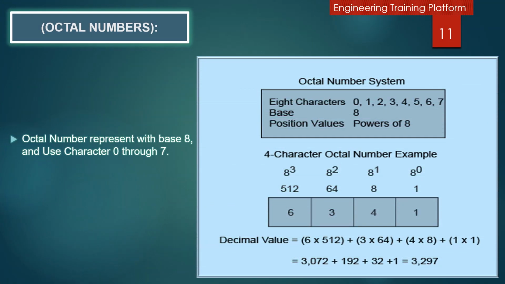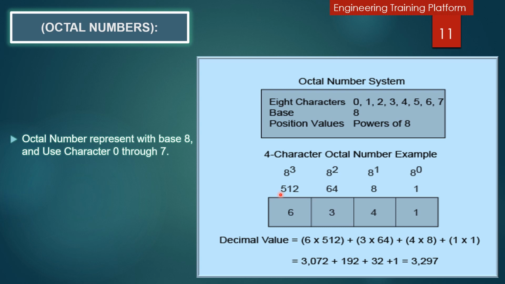Now we are going to discuss octal numbers, and here I will give you an example of how to convert an octal number into decimal values. The octal is another number system used with a PLC, and the octal number system has a base of 8 and uses characters from 0 to 7. Each position is associated with a power of 8 based on where it is in the number. The further to the left a position is, the higher the power of 8. The same, it is the more significant bit.